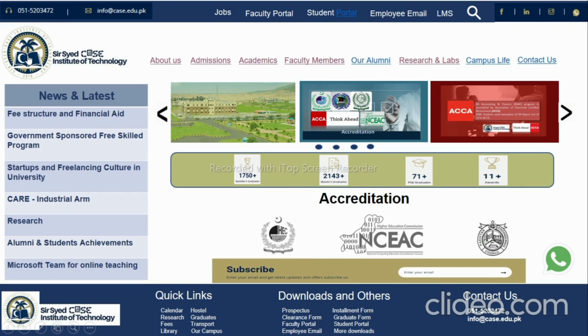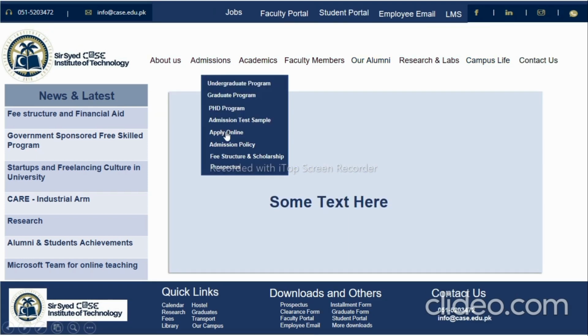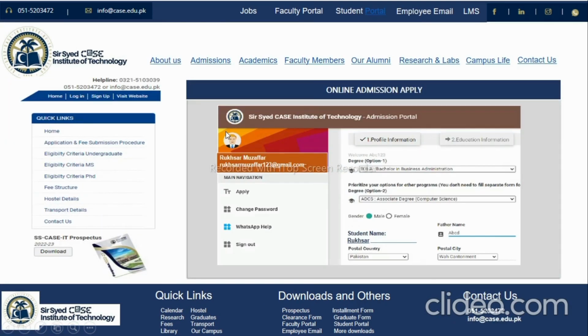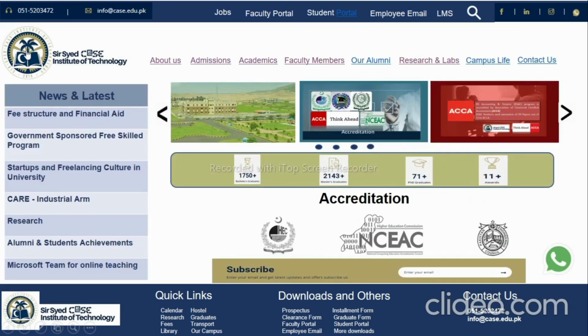So next point, if we discuss heuristic evaluations, there is error prevention. As I already told you, when we click on the apply online button, you can see that there is no error prevention in the previous, existing website, but we have redesigned it so it will take input in a proper format. The next point is recognition rather than recall. This website does not have search icons, but we have redesigned it